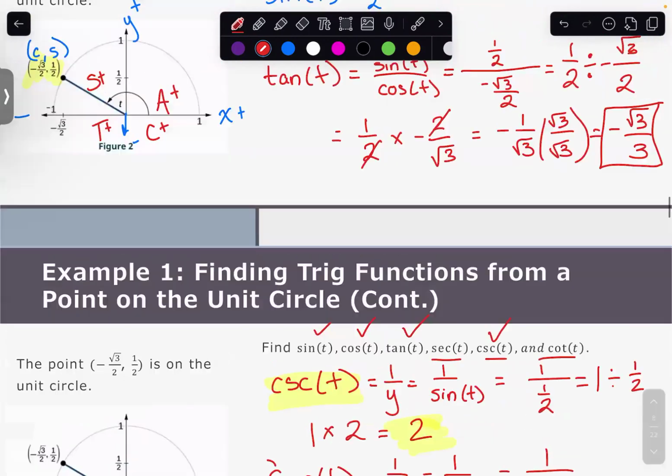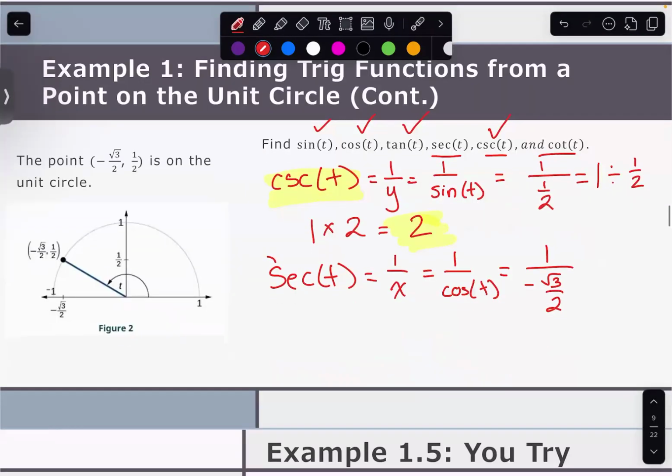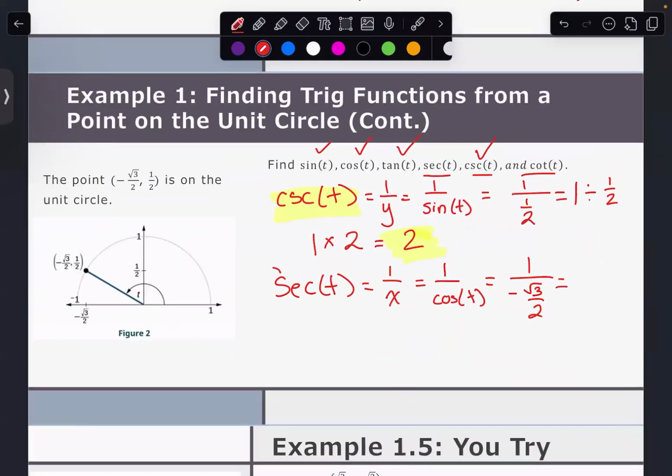If you're wondering, can I just take my answer for cosine and just flip it around? You can, actually. So this answer that I get from doing 1 divided by negative square root of 3/2, I'll go ahead and work it out, and then I'll show you guys that, yes, you can just flip it. And so we'll get 1 times 2 over square root of 3, which will come out to be